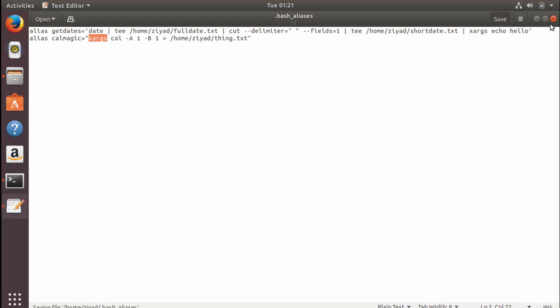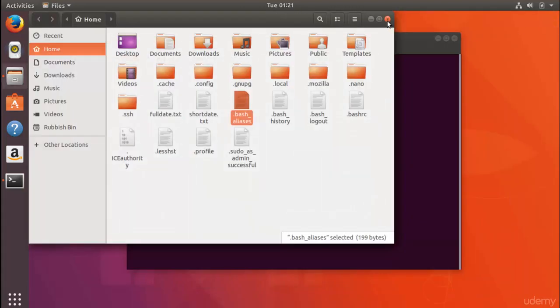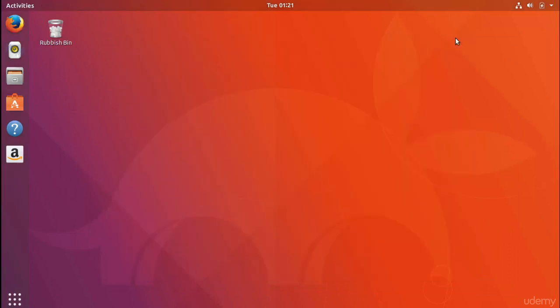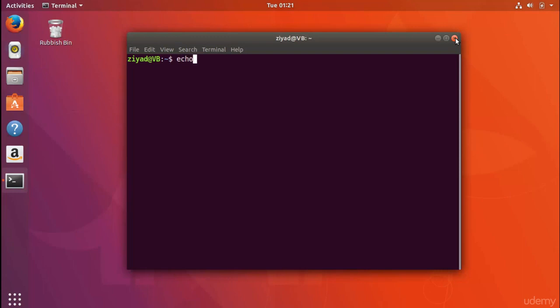Let's go ahead and do this. Let's save and close that, close everything, and close our terminal and reboot it. So I'm going to press Control Alt and T to open up our terminal. Now, if I echo 12/2017 into CalMagic, I'm going to be echoing this data as command line arguments to the CalMagic command. So what we're expecting is that we're going to get December 2017, the calendar for it, with a month before and a month after, okay, saved to a file in our home